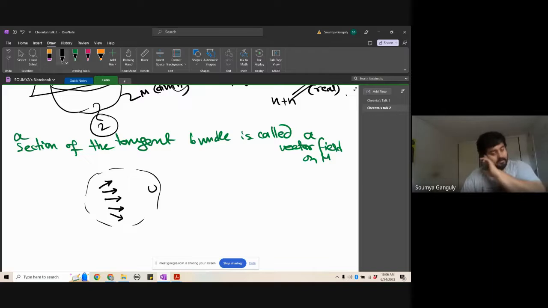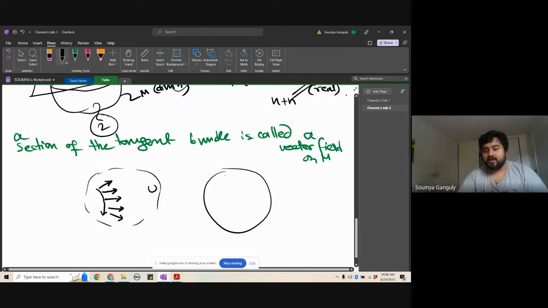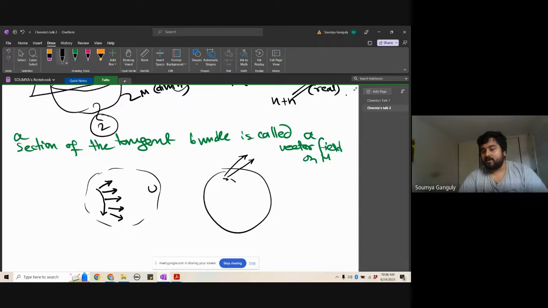And because the tangent bundle is a manifold, you basically need that as you vary the base points on the set U, the vectors should also smoothly change as you smoothly change the points. So for example, suppose you have a sphere. Here you have a vector, then it will slowly change as you go from this point to this point, and so on. This is like a vector field. It's for every point on the manifold, you have a vector, and as you smoothly vary across the points, the vectors will also smoothly vary.